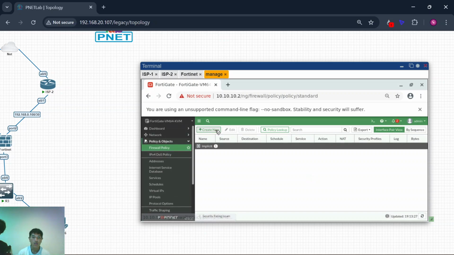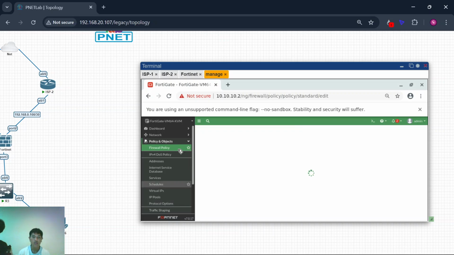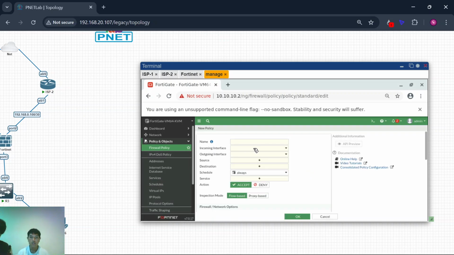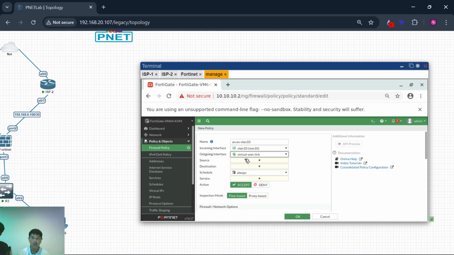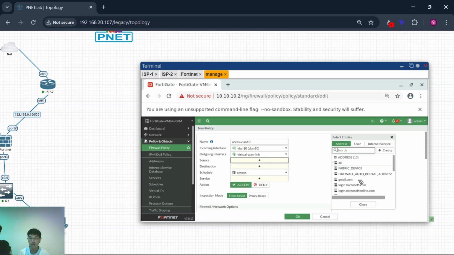So create new. This is the name, access VLAN 10. Incoming interface is from VLAN 10 and outgoing interface is the virtual WAN link, and source is VLAN 10.